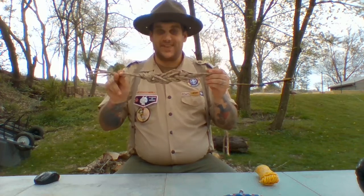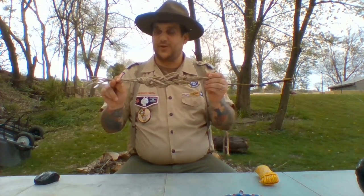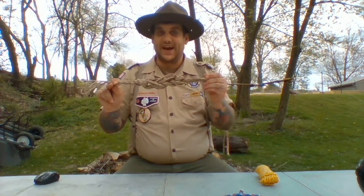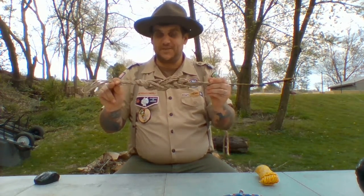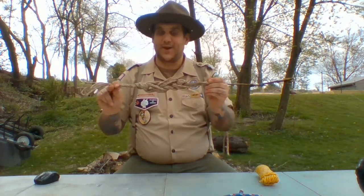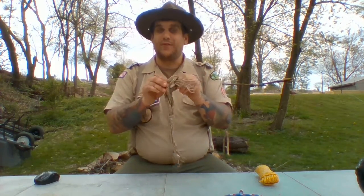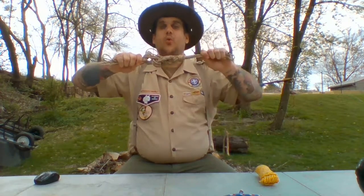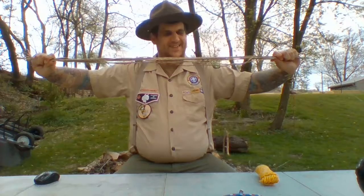Perfect. See how we've taken 50 feet of paracord, and by doubling and doubling and doubling it over itself, and then tying our daisy chain, we took that 50 feet and turned it into just over a foot. This is going to fit perfectly in our pack. And again, whenever we're ready to use it, let's pull that top loop out, and then ready? 1, 2, 3. I hope today that you've learned the daisy chain and you can practice it at home,